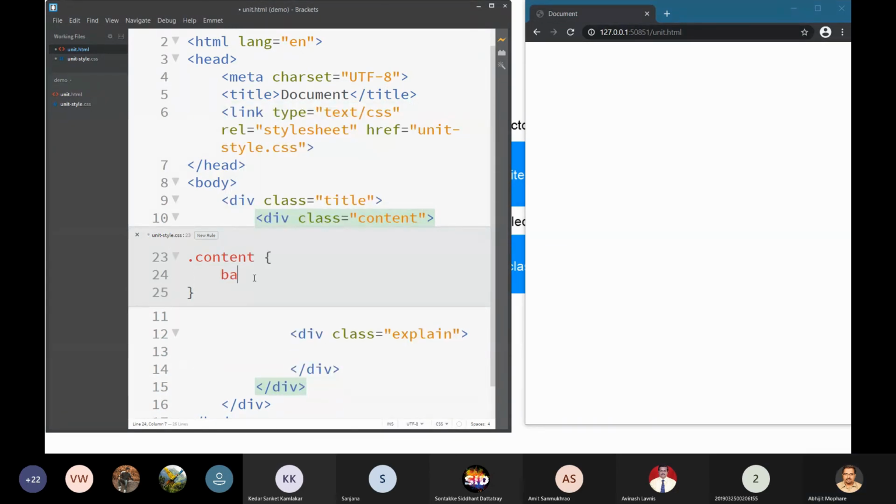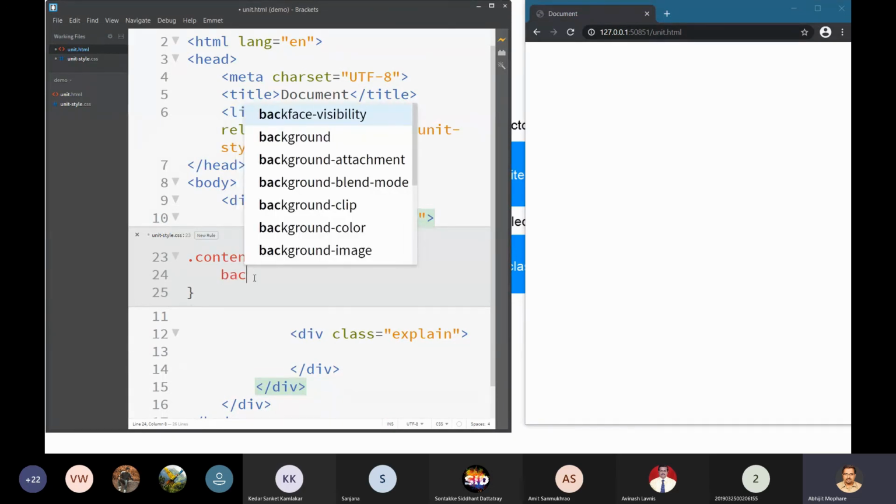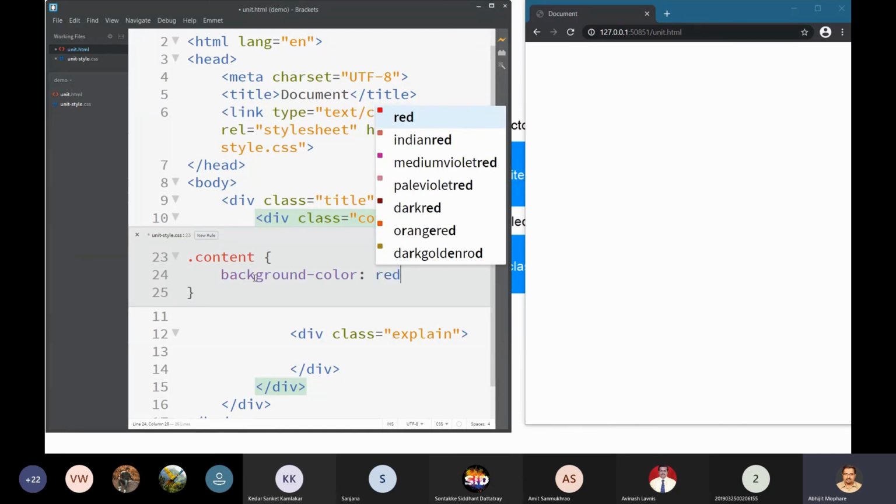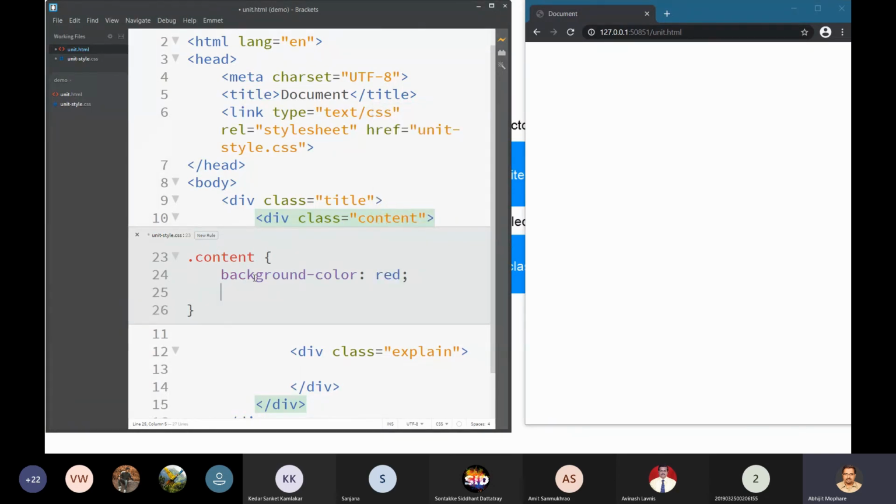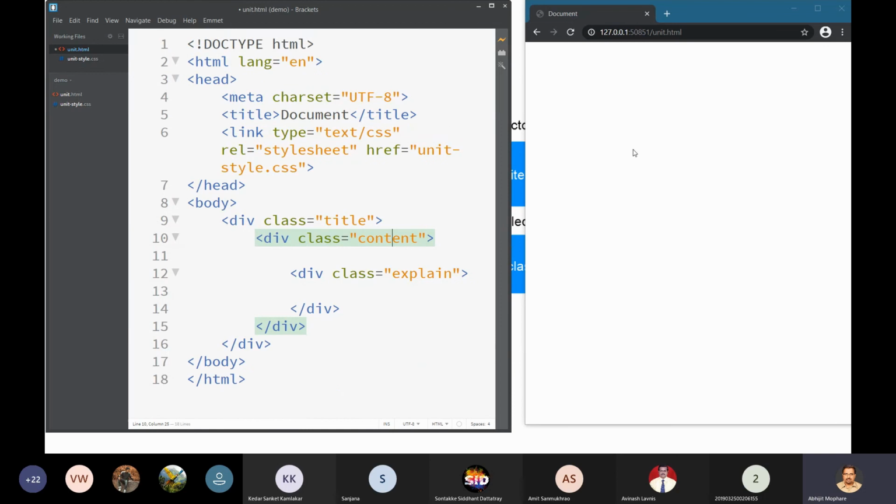So here if I say background color, then you will get that background color, and width, height, let's say 20 px, something like this. So this will get displayed. Now here it will not work, the link has broken. It doesn't work like this. There are other properties you have to set, but this is what I was hoping to demonstrate to you.